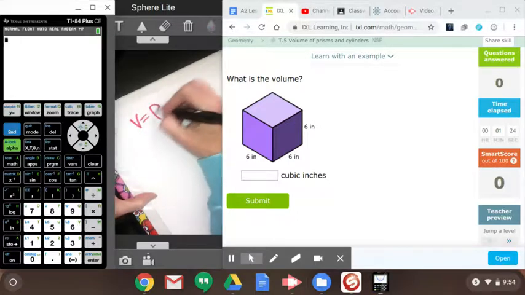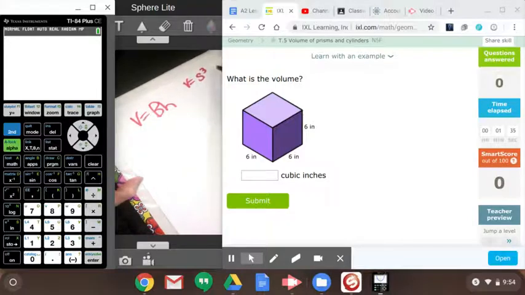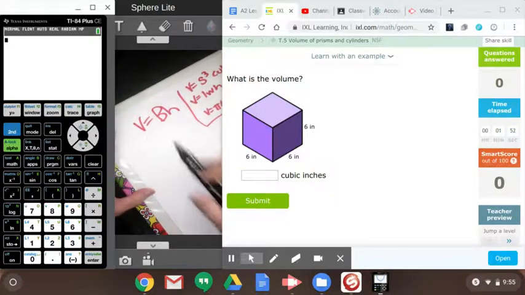So the volume formula for prisms and cylinders is the same, and it is the area of the base times the height. Now, if you are familiar with a cube, that could be just the side cubed. If you know it's a rectangular prism, that's length times width times height. And for a cylinder, you can use pi r squared h. But the general rule on all prisms and cylinders is the area, capital B, area of the base times the